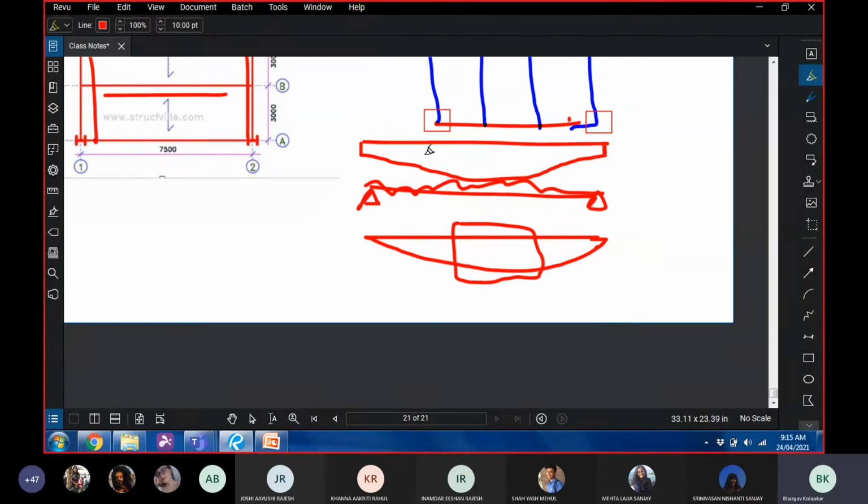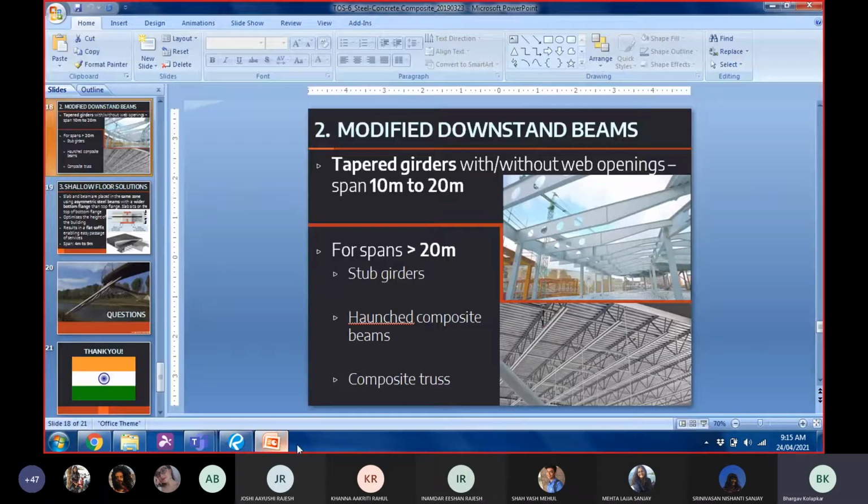the support. Now, what happens because of this is, firstly, again, there's this service integration that can happen, wherein all your services can pass from this space. And another thing is you can also combine the concept that we learned before and this one. So you can also provide web openings in this in case your services happen to pass from the center of the span. And then you can pass services through this. So there are multiple options possible here with the use of a modified downstand beam in the form of